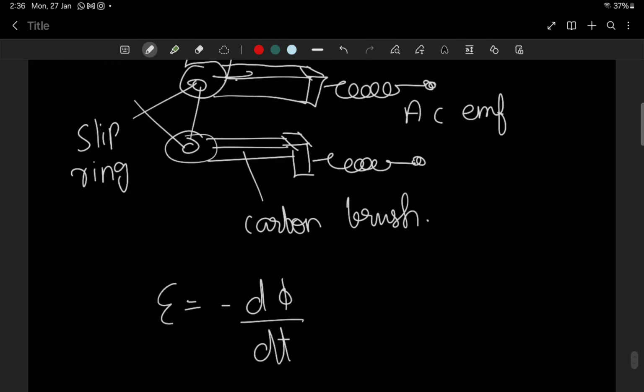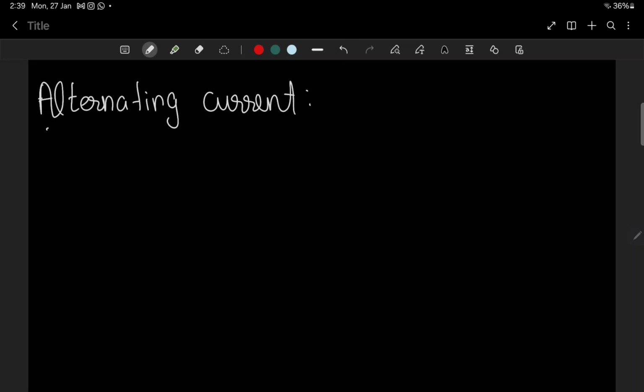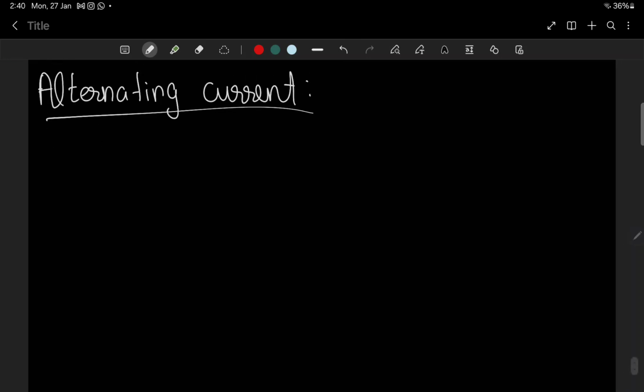So these are the important derivations from the chapter electromagnetic induction. Now the next chapter is alternating current. This chapter has many derivations: with the resistor, with the capacitor, with the inductor, with resistor, capacitor, inductor together, power, and a lot more. So first we will learn about